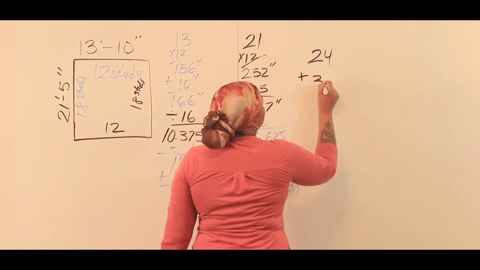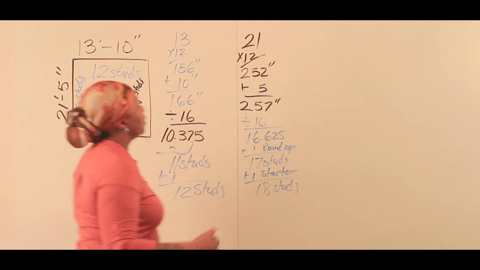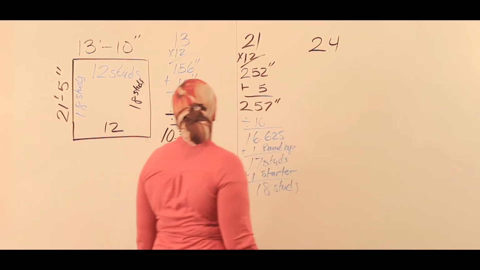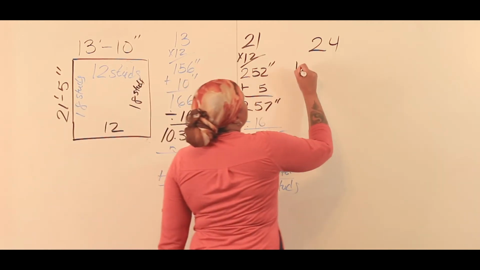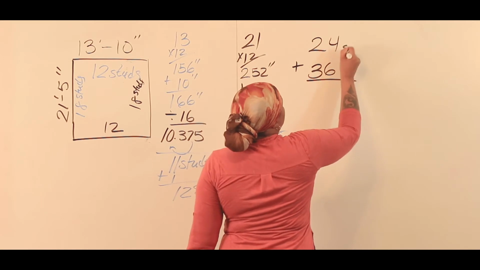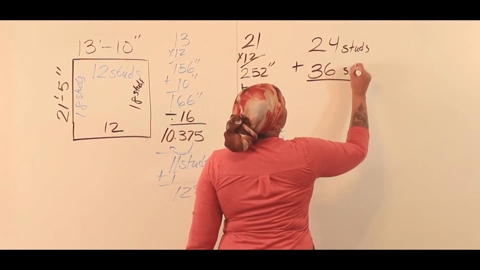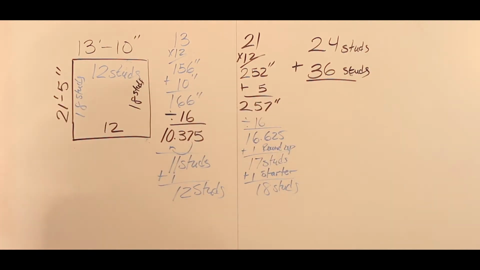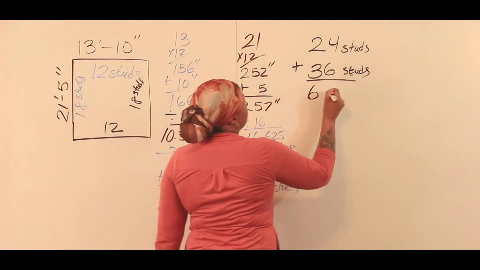So now we double up these 2 walls. 12 plus 12 is 24. We need 24 studs for both of those. And we take these 18s and double them up. That is 36. And let's put our studs there, which really isn't necessary. I'm not really worried about you spelling out studs. So when we take 24 and 36 and add them together, we get 60. So far we need 60 studs